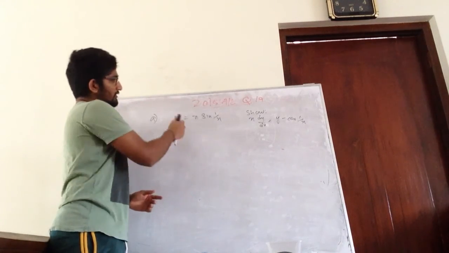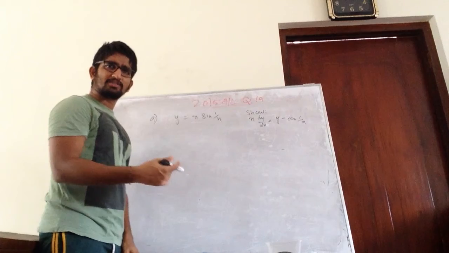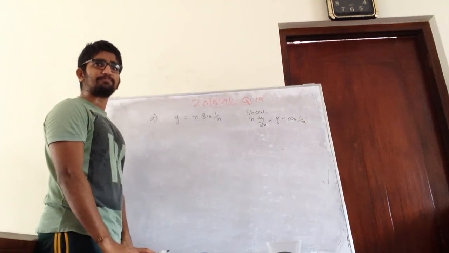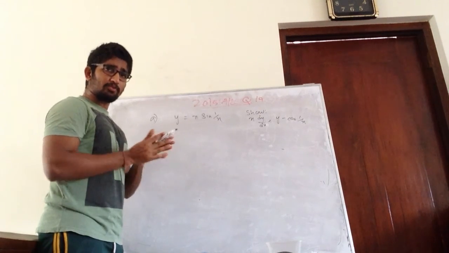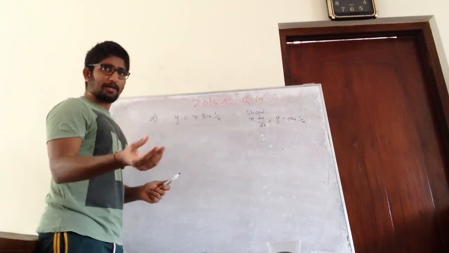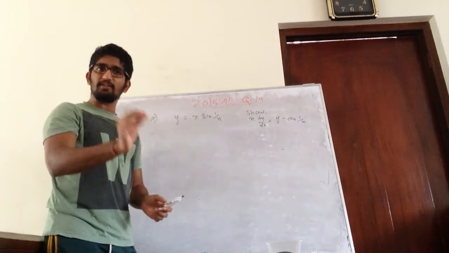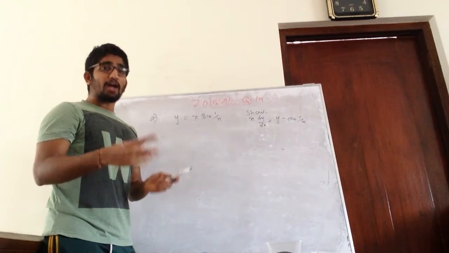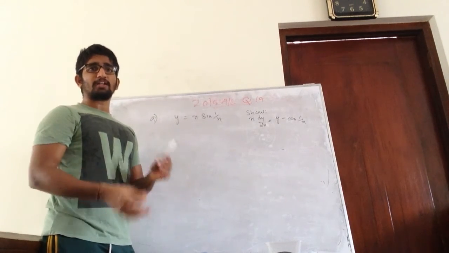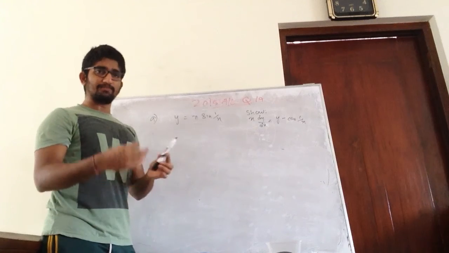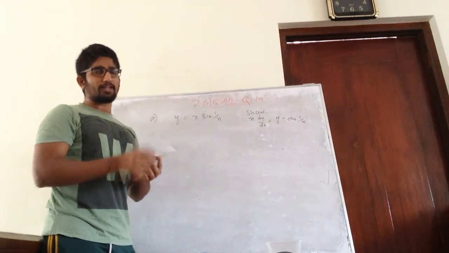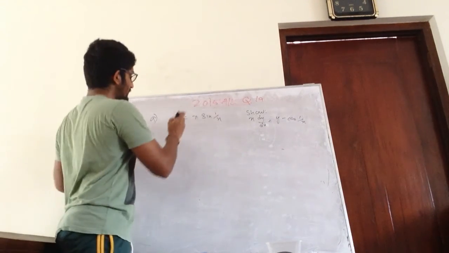So what I'm going to do is I'm just going to take the differentiation here. So most of the sums, just see what they want. So they need dy over dx. So anyway you have to do that. After that, just see what are the stuff that you need to manipulate and get the answer. So get the dy over dx.